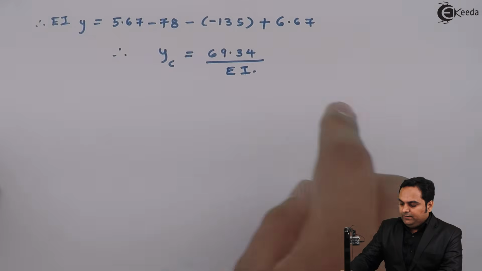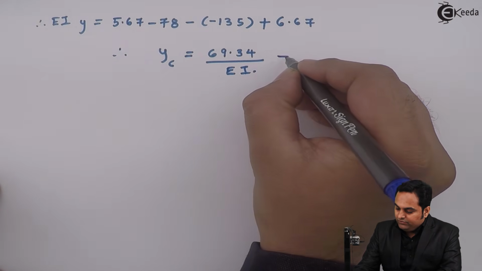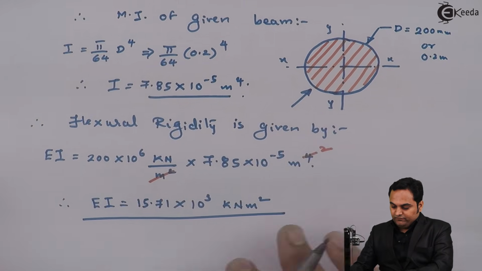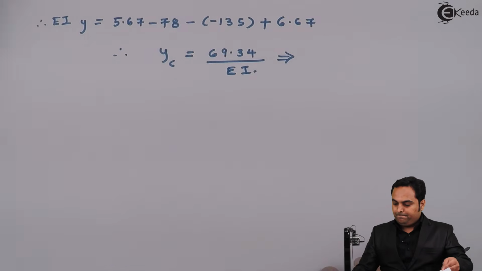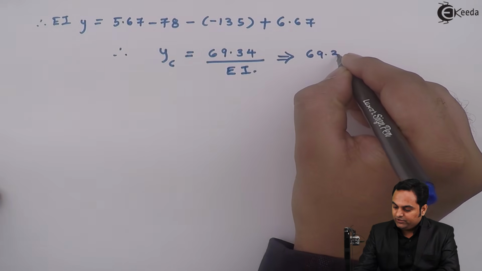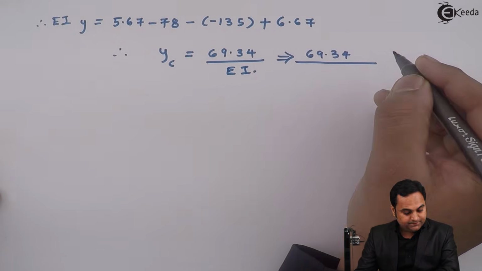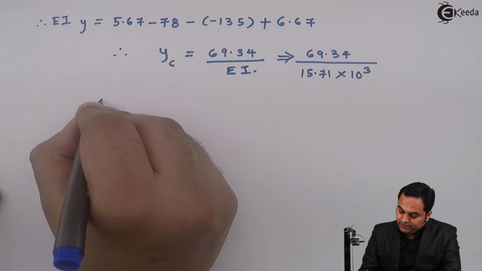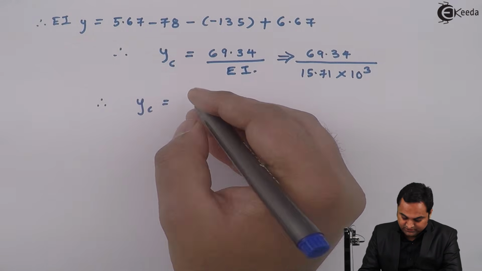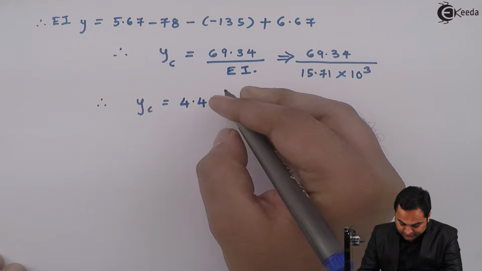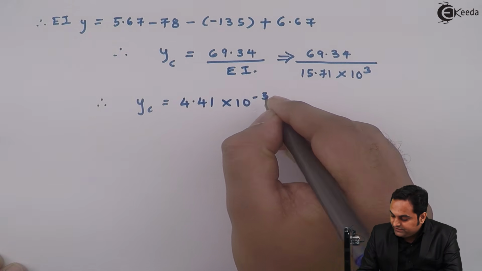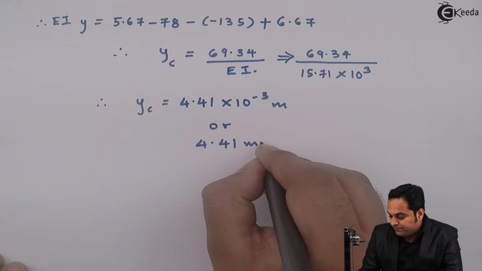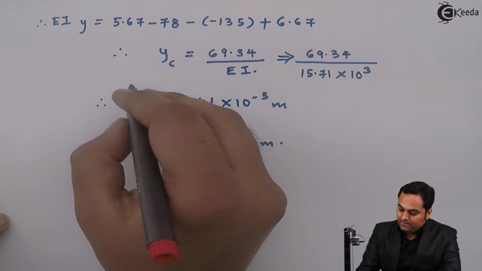So now here I will put the value of EI because it is given in the problem. We have found out EI was 15.71 into 10 raised to 3. So 69.34 divided by 15.71 into 10 raised to 3, and that gives me the answer of y suffix c as 4.41 into 10 raised to minus 3 meter, or I can say that it is 4.41 mm. So this is my answer